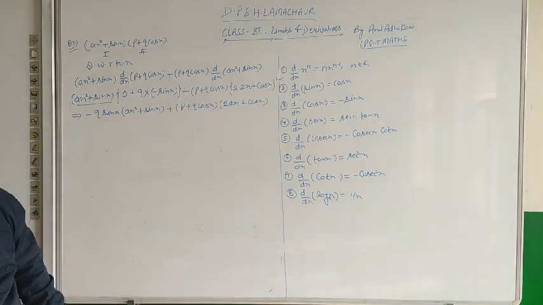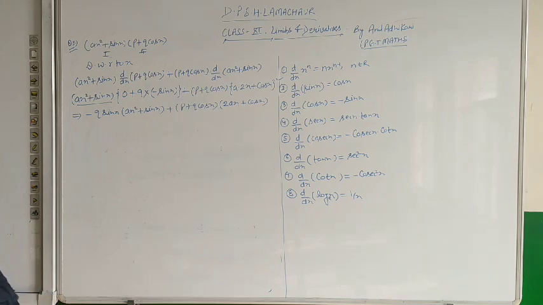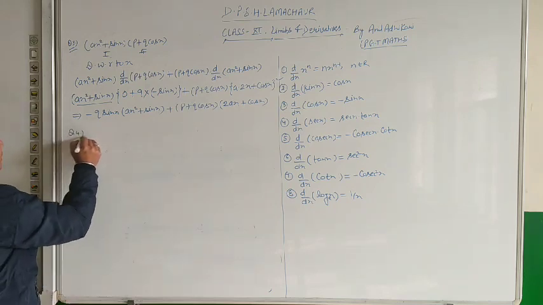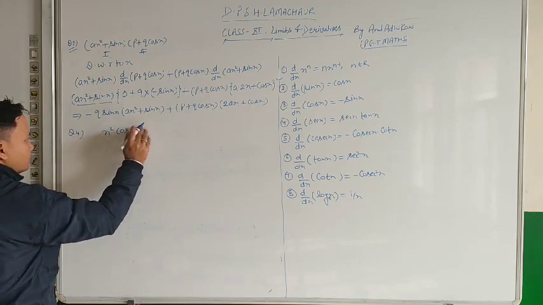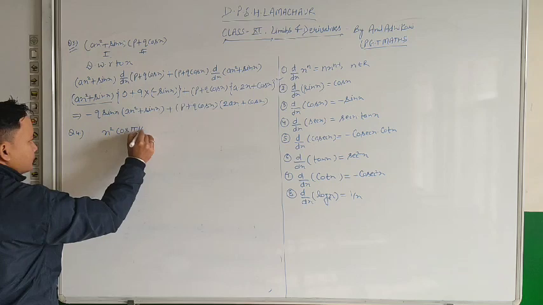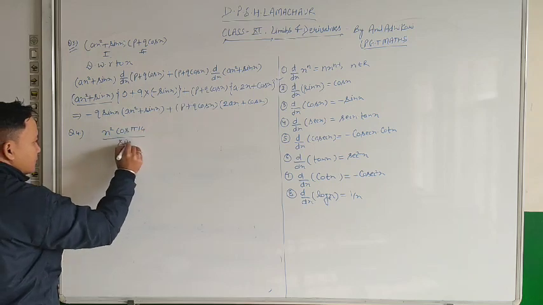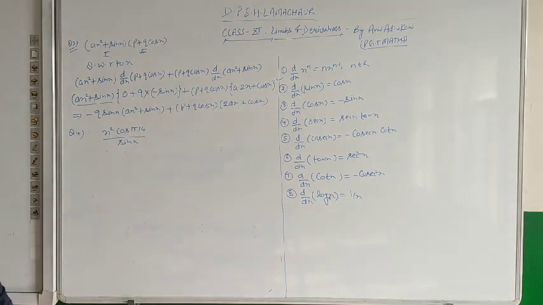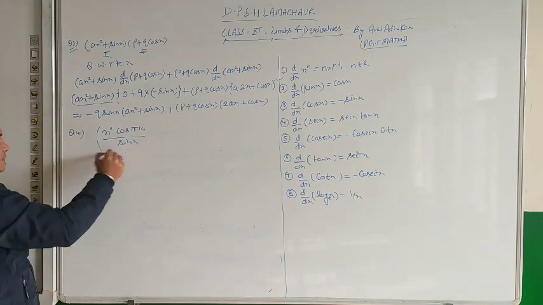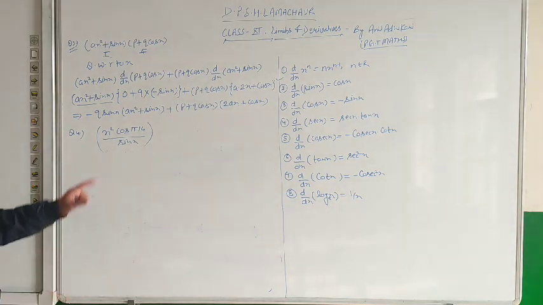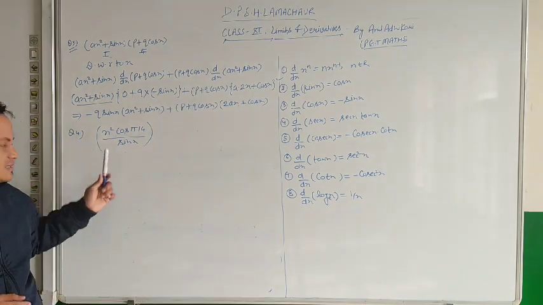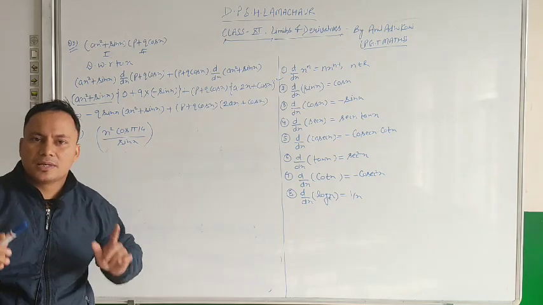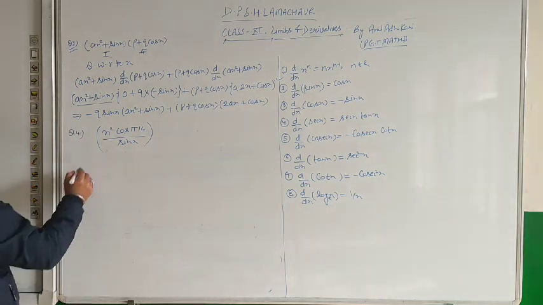Now the next question which I want to take is derivative of x square cos pi by 4 upon sin x. Question number 4, we need to find the derivative of x square cos pi by 4 upon sin x. This is the function which we have been given. So here you can see this is a function of the kind rational function, right. This is a function so called rational function and here we will apply the quotient rule, okay.